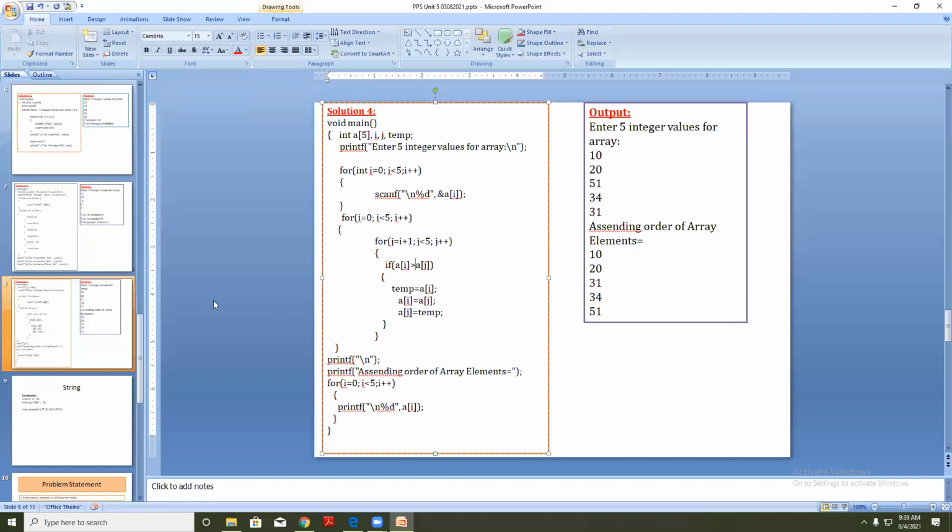The program will be the same, but your values are going to be in descending order, that means 51, 34, 31, then 20, then 10. Likewise it will appear in the output.